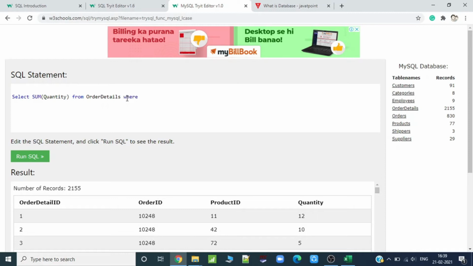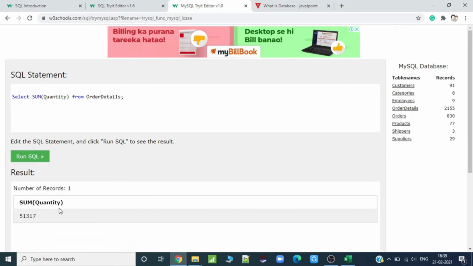I can use where product ID equals 11. Right? First, I will just show you till here, and then I will come to the last part. So you can see the sum of quantities is 51317, and if I just add the last condition also, where product ID is 11, then you can find the sum is 706.